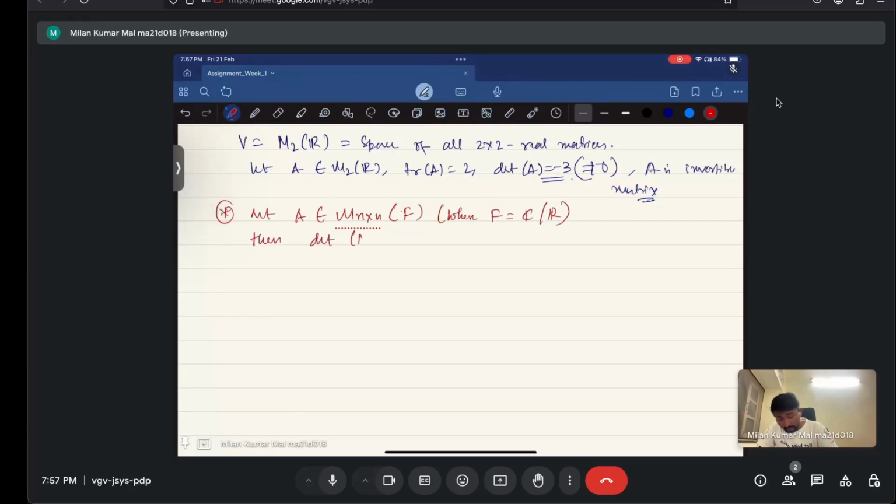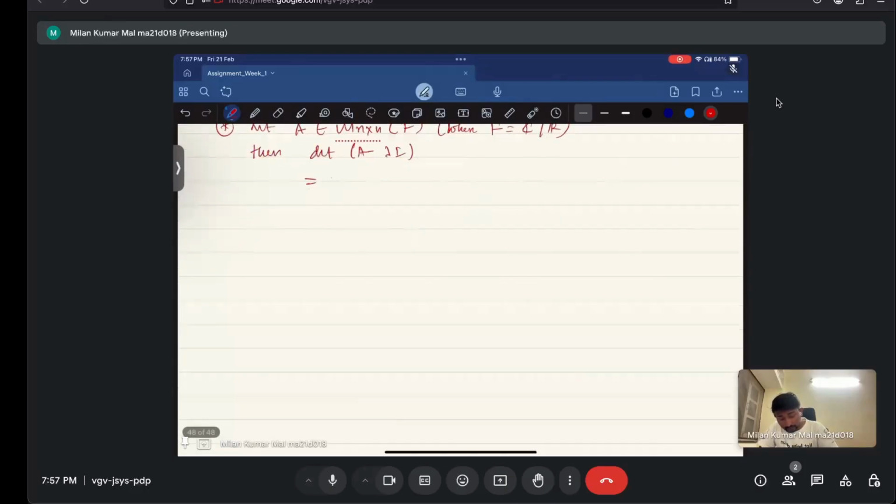Determinant of A minus lambda I, there is an interesting pattern. That pattern says that it will be lambda to the power n minus trace of the matrix A times lambda to the power n minus 1 plus all the entries, then minus 1 whole to the power n determinant of A. So in particular